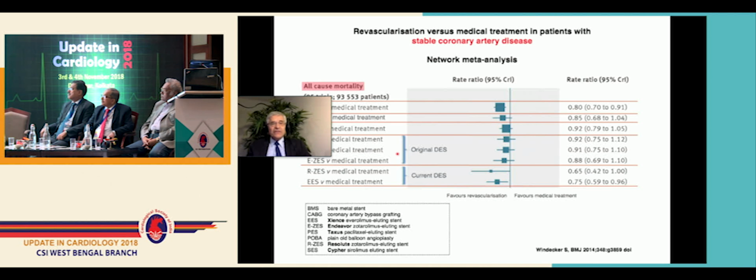Then came the first drug-eluting stents, and we all know that they were actually blamed for being worse than bare metal stents. They never were. They had more late stent thrombosis after the first year, but they had fewer stent thromboses in the first year. So overall, they had a little less stent thrombosis already in the first generations than BMS. So their effect on mortality was certainly not worse than bare metal stents, as we thought for about 10 years,